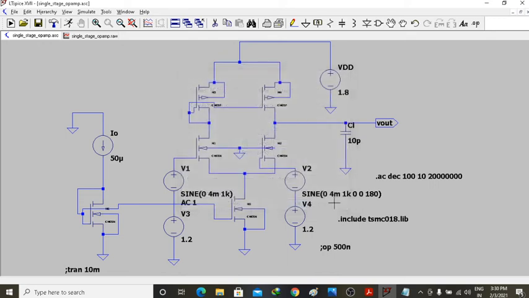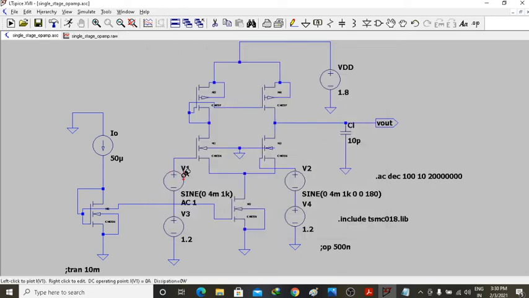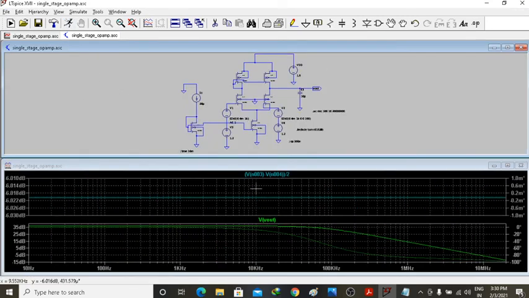So this is the AC analysis you have done, but the AC analysis will not work, guys, unless in one of the AC inputs you put the small signal analysis AC amplitude 1, because if you do not, then the simulator will give you an error message. So for any one of these sine wave voltage sources, you set AC 1, because only then it will work. After doing that, you simply click on simulation.